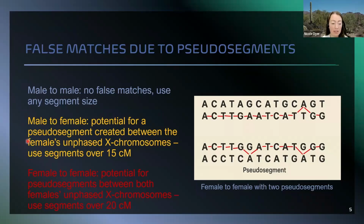And so there's a little bit less of a chance of a pseudosegment being created. So we still want to use larger segments, probably over about 15 centimorgans. Then when you have two females, there's a potential for a lot of pseudosegments, like this example, where both females